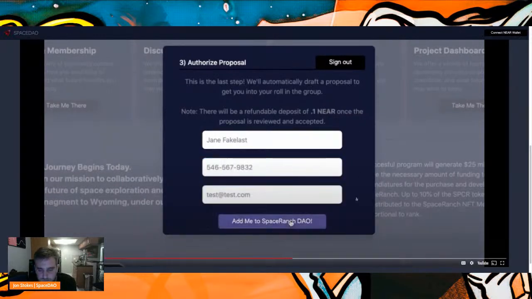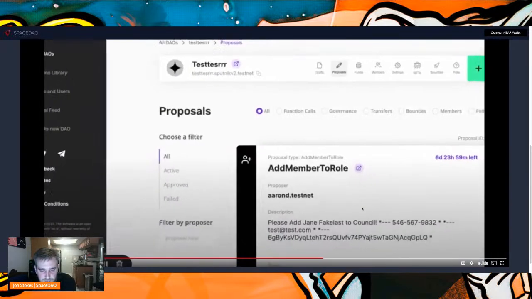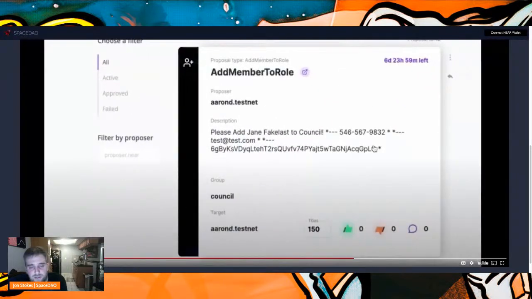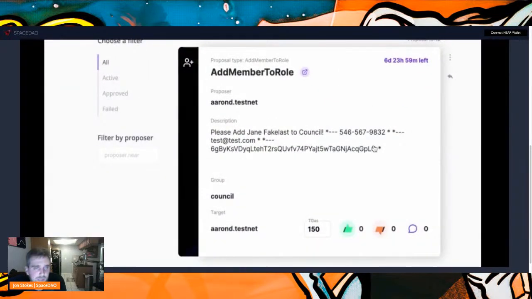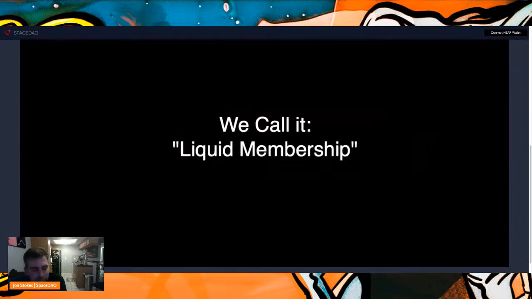When you complete this form, it goes through another transaction lifecycle, which automatically submits a call to the Sputnik smart contract on the Near blockchain, and automatically adds a proposal to add that member to the DAO.